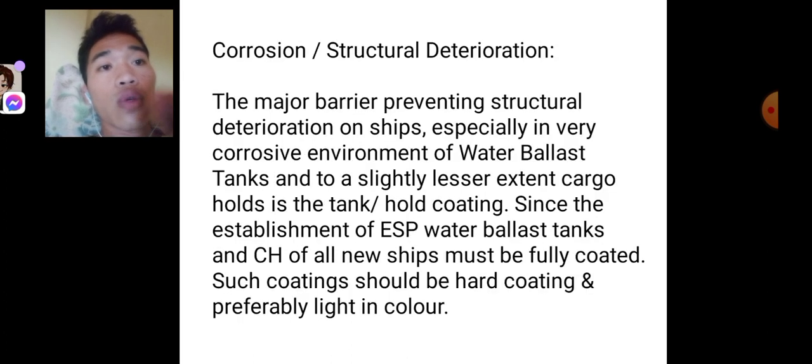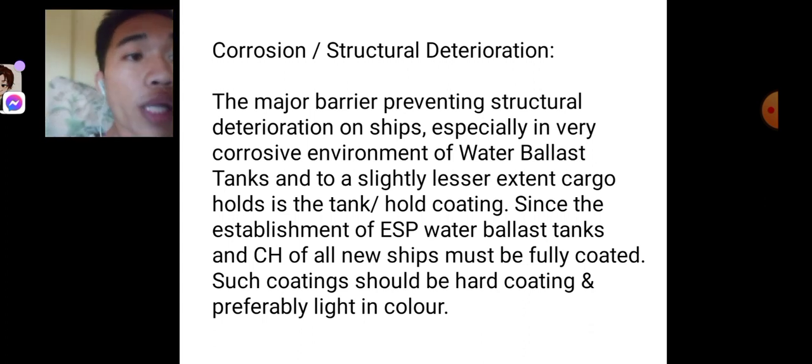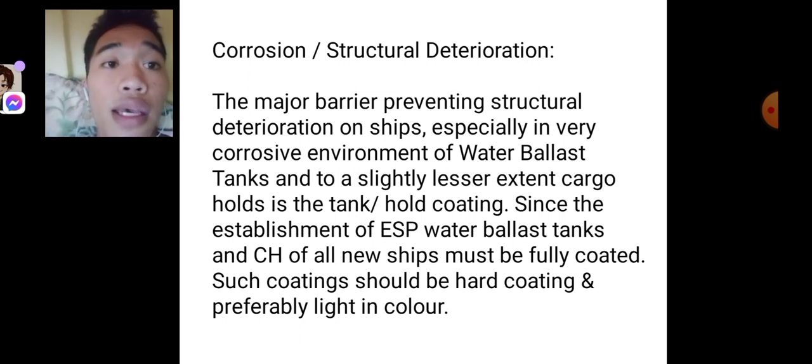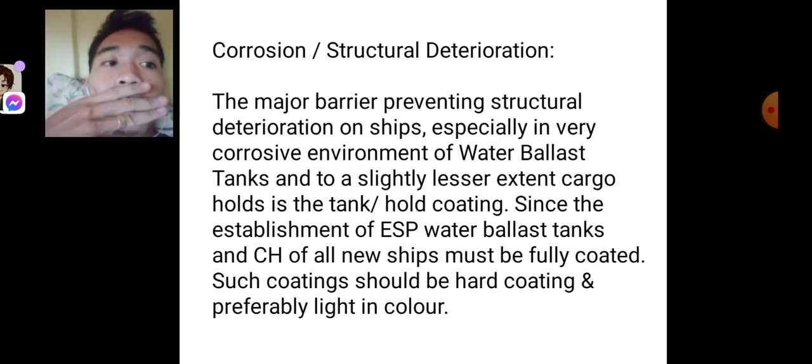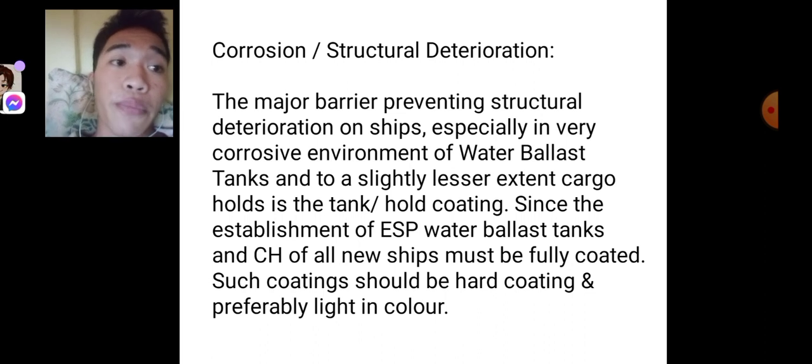So, corrosion or structural deterioration. The major barrier preventing structural deterioration of ships, especially in the very corrosive environment of water ballast tanks, and to a slightly lesser extent cargo holds, is the tank and/or hold coating. Since the establishment of the survey program,